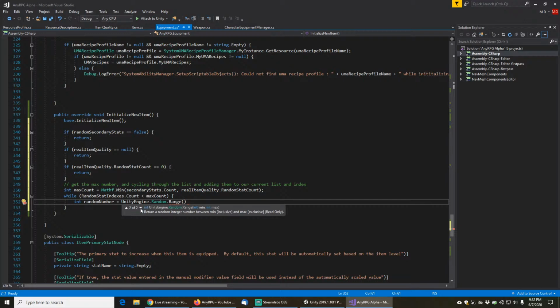And this has got an overload that'll give us an int, so we just want to give it int values here. So the random number will be an int between 0 and